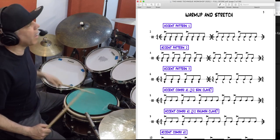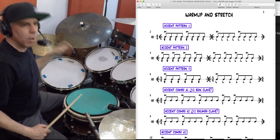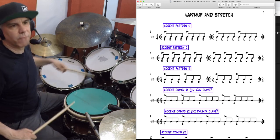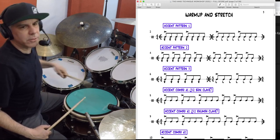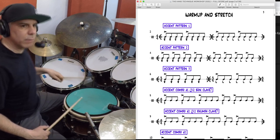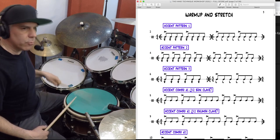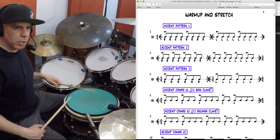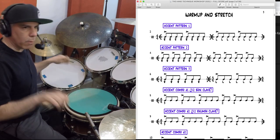1 and 2 and 3 and 4 and 1, 2, 3, 4, 1 and 2 and 3 and 4 and 1, 2, 3, 4, 1 and 2 and 3 and 4 and 1, 2, both hands together. 1, 2 and 3 and 1,